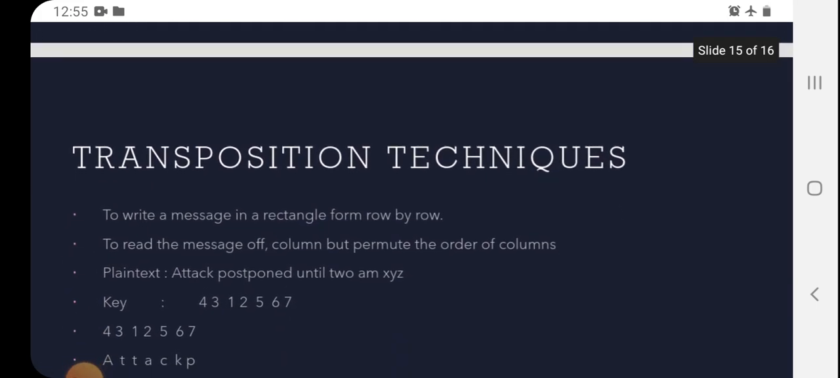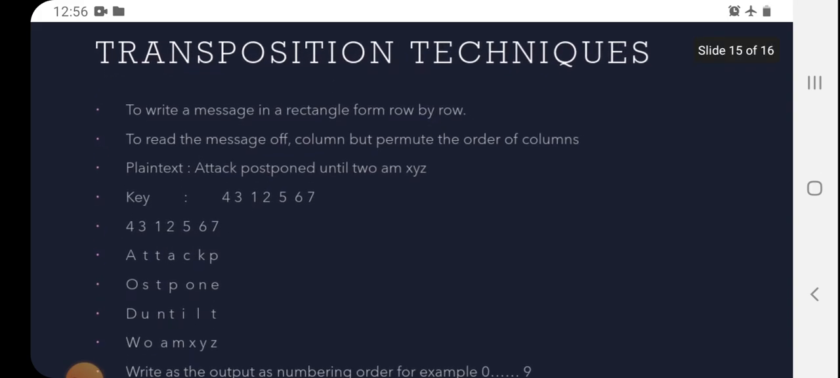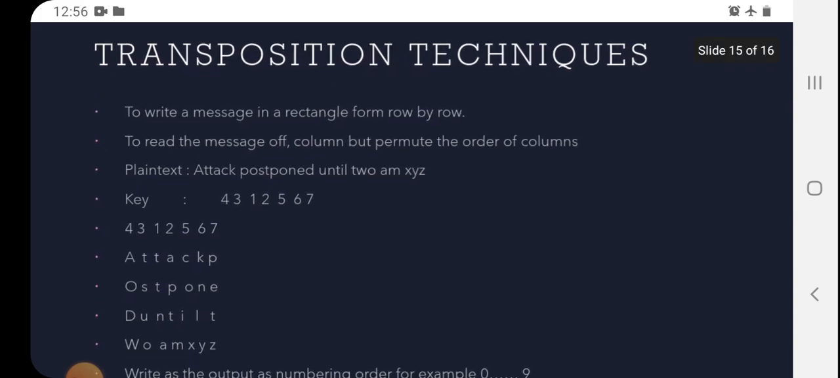Next are the transposition techniques. There are two techniques that are used. If I want to write a message, it should be written in a rectangular form, row by row, and to read the message, you read it column by column but permute the order of the columns, in ascending order. I'll give you an example so that you'll be able to understand. The plain text message given is: attack postponed until 2 am XYZ. The key that is given is